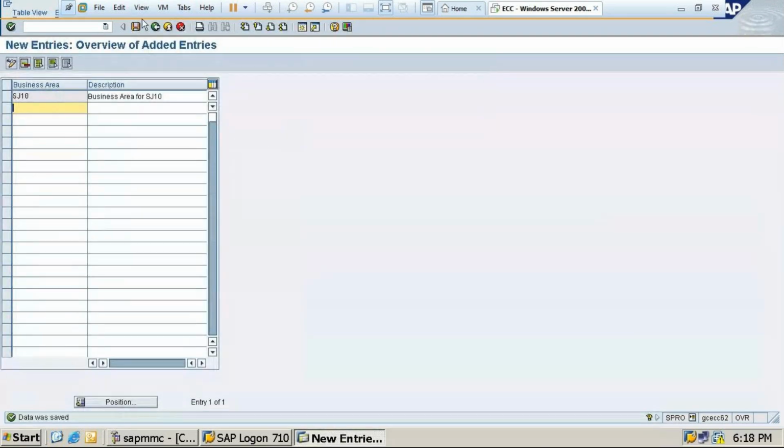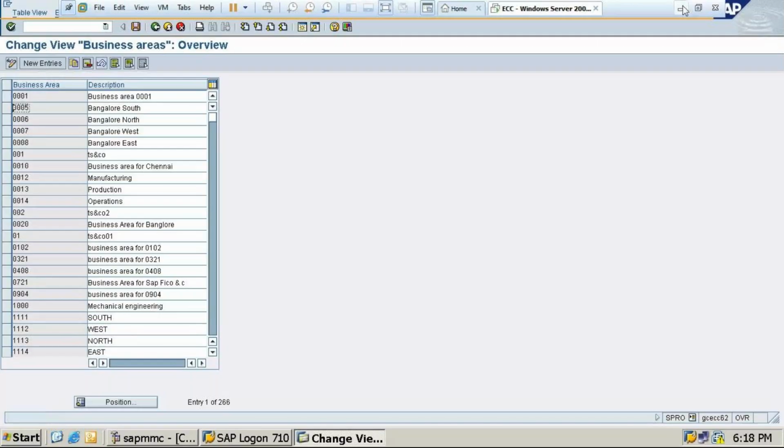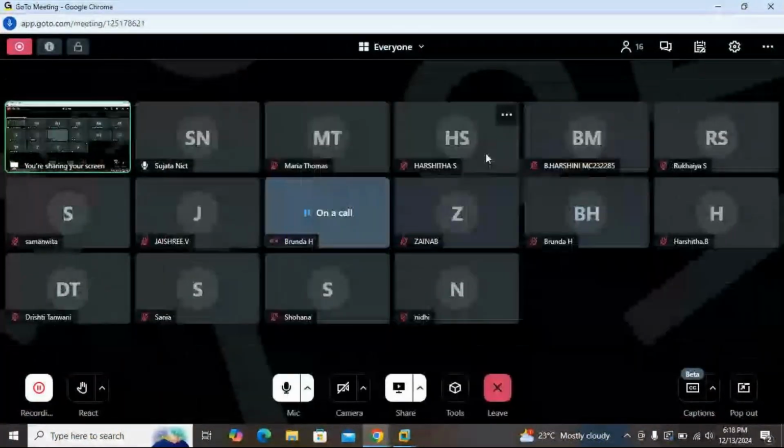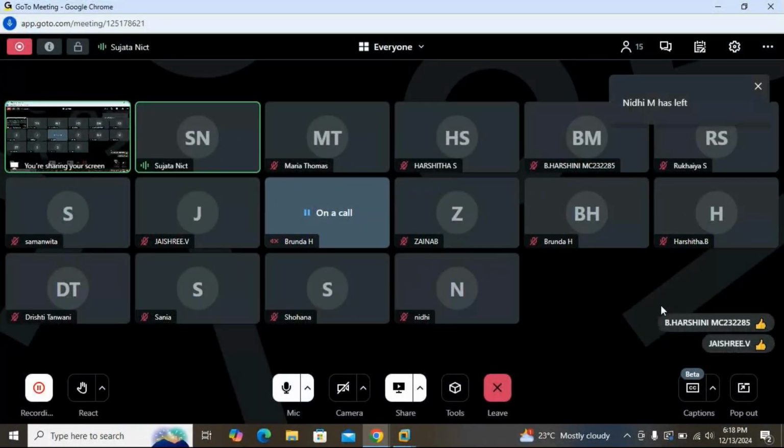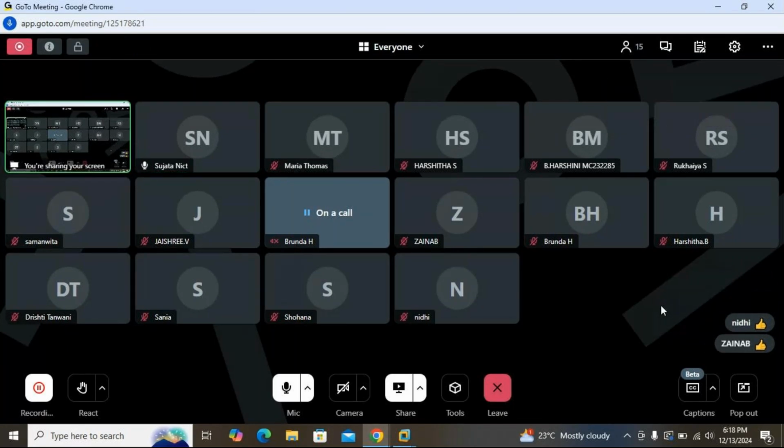Understood students? Is there still any doubt? So understood the enterprise structure? Students, you understood the enterprise structure? Okay. Maybe there is an internet issue, it is fluctuating, I think. Okay, no problem. All students have joined today, which is very good. From the beginning, once more you can see it's very good that you have all joined.